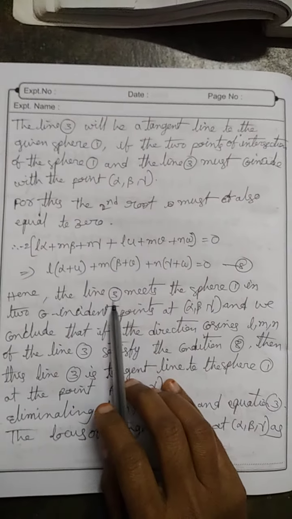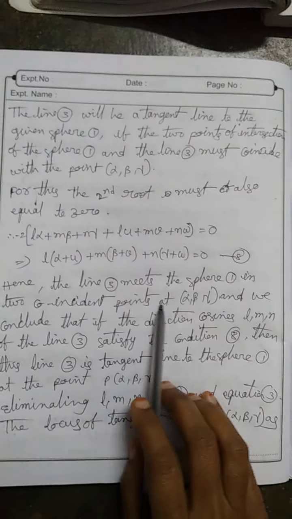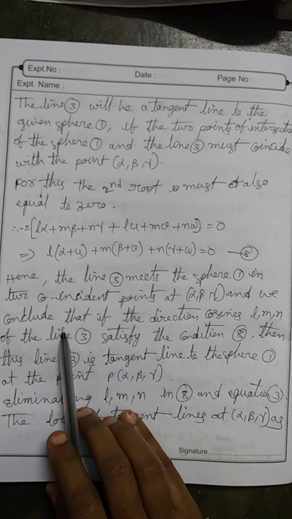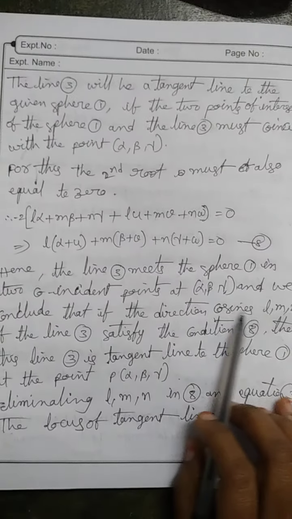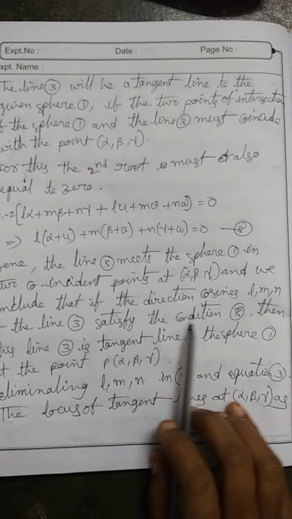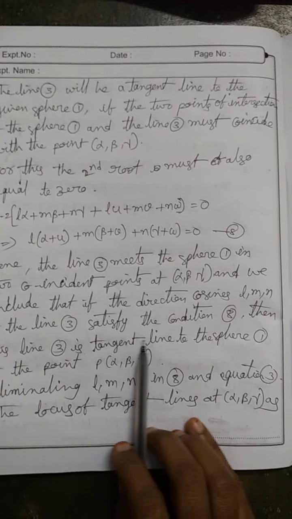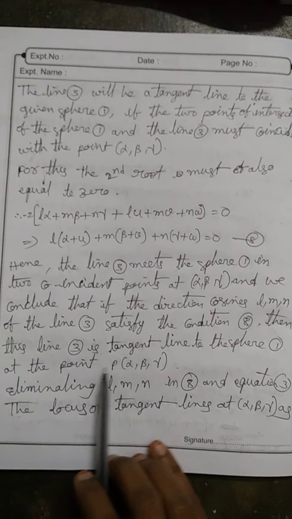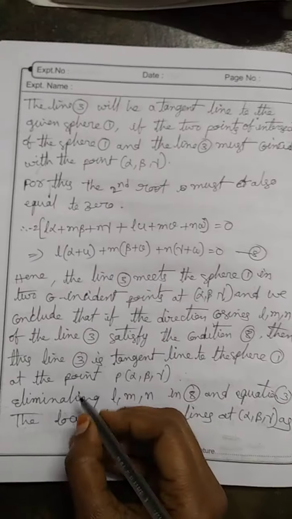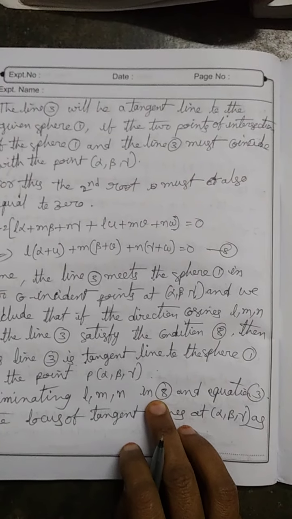Hence, the line 3 meets the sphere 1 in two coincident points at (alpha, beta, gamma), and we conclude that if the direction cosines l, m, n of the line 3 satisfy condition 8, then this line 3 is the tangent line to the sphere 1 at the point P(alpha, beta, gamma). Okay. Now eliminating l, m, n in equation 8